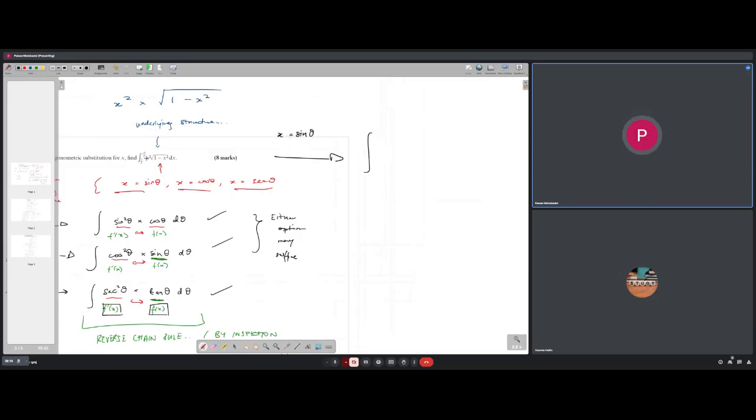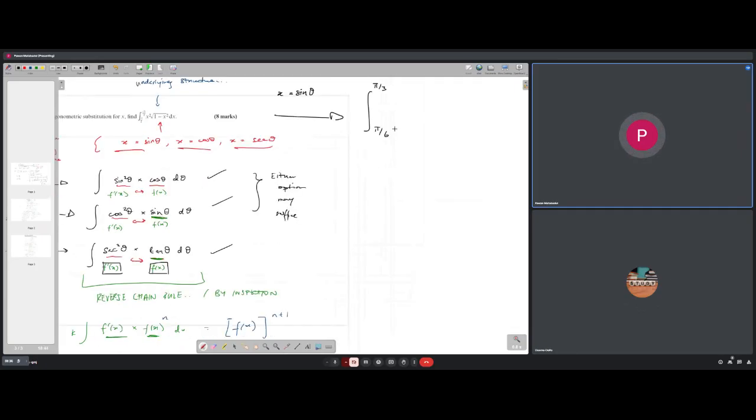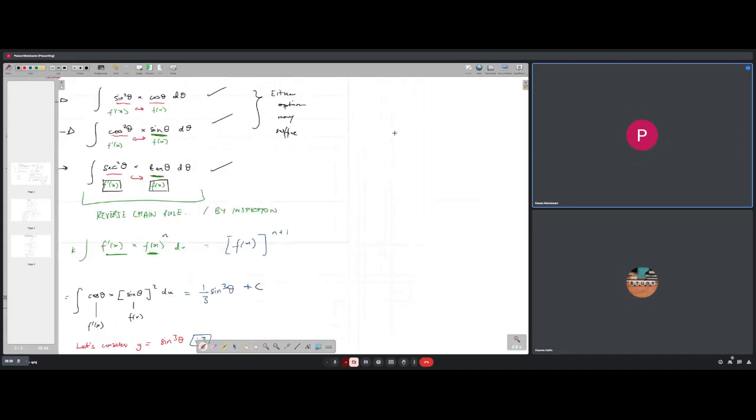So if x is equal to sine theta, root 3 over 2, that's when theta will be 60 degrees, or pi over 3 radians. And when it's a half, it's pi over 6. So then the integral that we were just solving now,